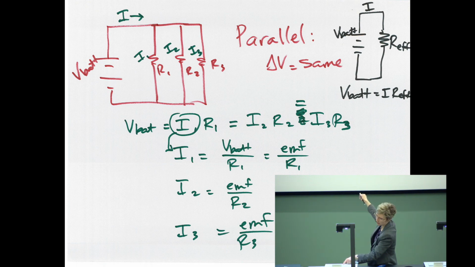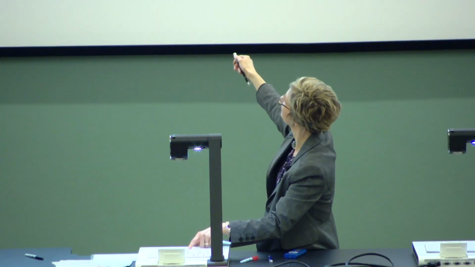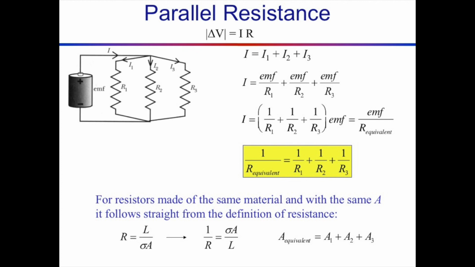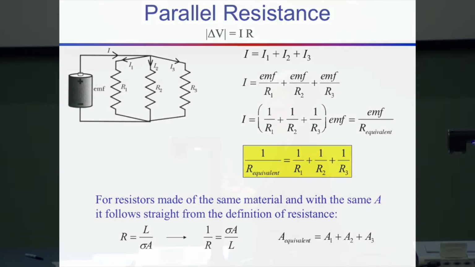And the current 3 is EMF over R3. Okay? But the EMF, of course, was the same across the entire circuit. That's what parallel means. So I pull that out, and I have 1 over R1 plus 1 over R2 plus 1 over R3. This whole big thing, we're calling 1 over the equivalent resistance, because we're thinking about, all right,